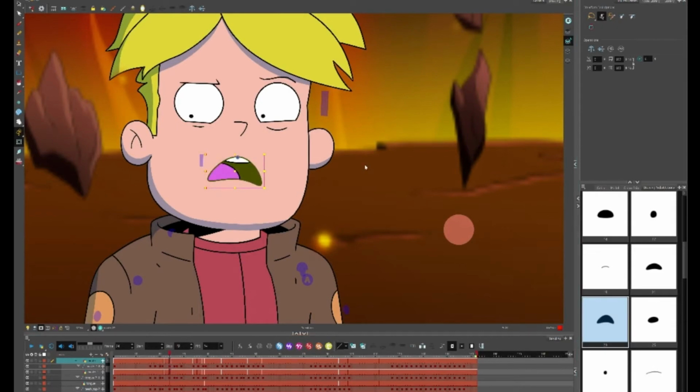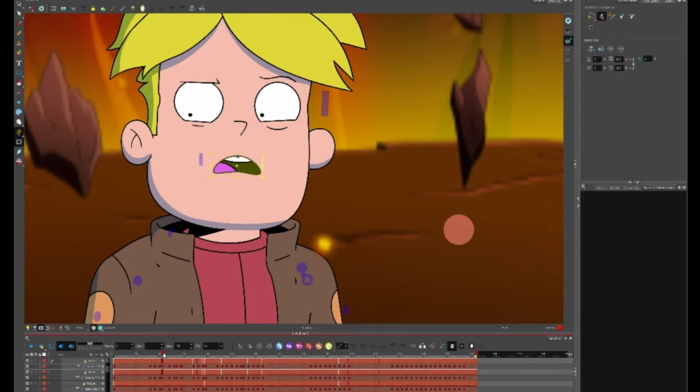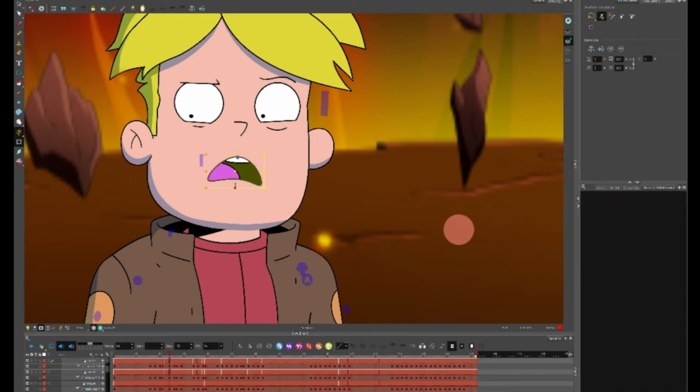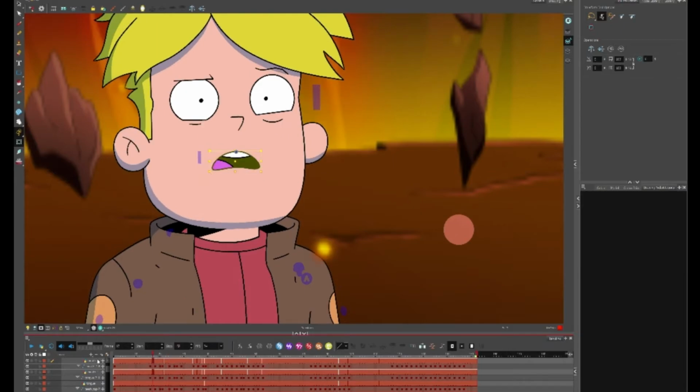But you also want to favor or ease between different mouths, because otherwise it ends up being too poppy and cartoony. So for this, I would have his mouth be starting to open a little bit and starting to close right before it actually closes. So you end up with